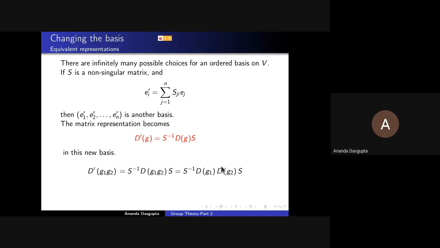And now, well, the rest is straightforward for everybody who has done any linear algebra. You would know that the immediate thing that you would do here is put an S and an S inverse in between the D g1 and D g2. And if you do that and use the fact that matrix multiplication is associative, you can multiply these three together and these three together, and you end up with D prime g1 times D prime g2. So the new matrix representation is really an honest to goodness, genuine matrix representation. If you take the matrix corresponding to g1, multiplied by the matrix corresponding to g2, you do get the matrix corresponding to g1 g2.